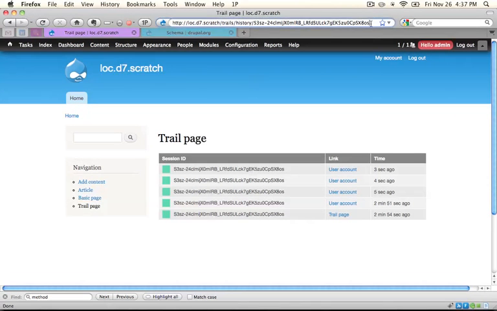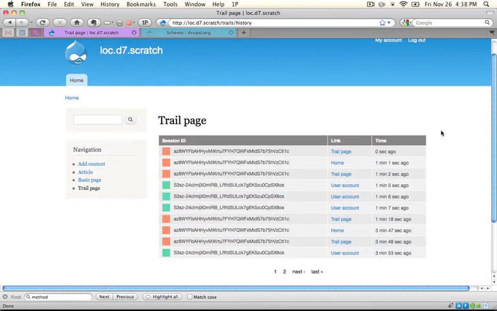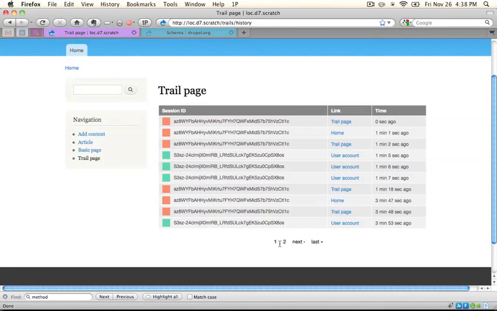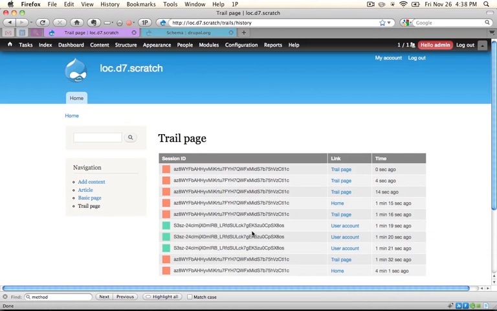Now I'm going to remove this argument from the path so that we can see the pagination happening. If you see down here, now we have 2 pages worth of history, and we can click those to navigate between them. Now this happens between that magic that occurs with theme pager and our pager default extension that we pass to